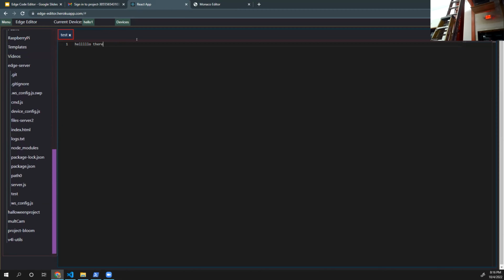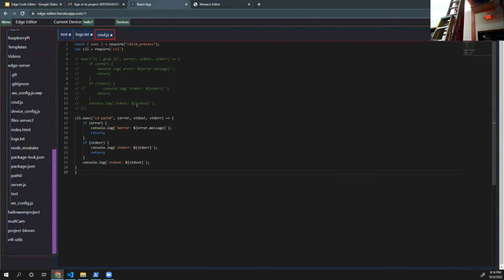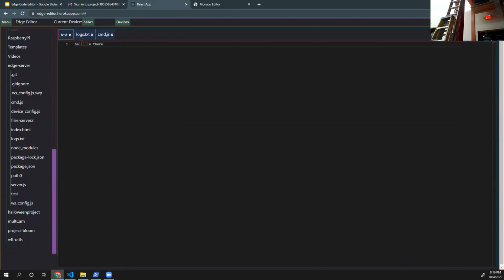So I wrote this, and it's sent to my Raspberry Pi that I have right now. It's running. I can click out of that, and I can go to other files, see what's in there, edit that file, and come back to the previous file that I was trying to edit.